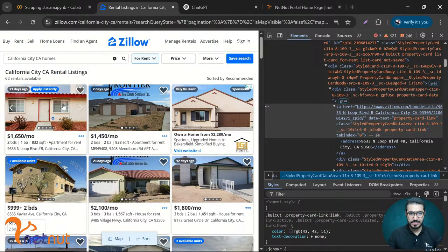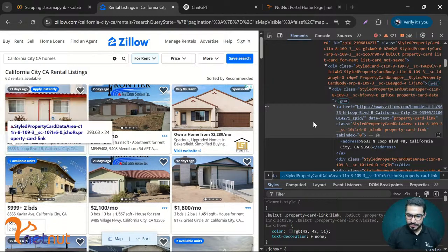If I need these pictures as well, we can get that as well. A bit tricky, but yeah, we can get that as well. We can deal with pagination and all the other stuff as well. Now, the thing is,